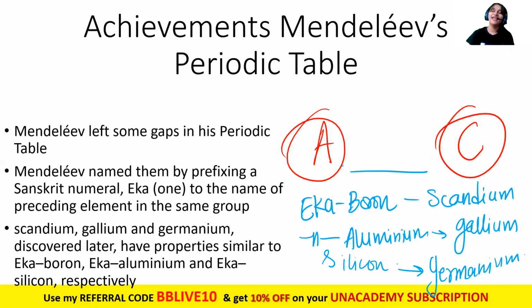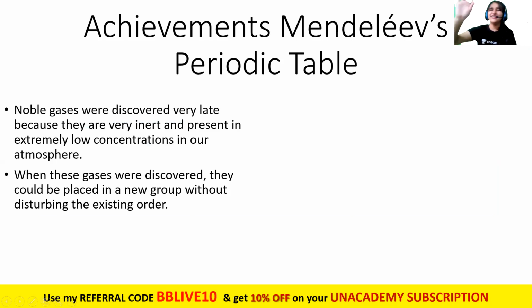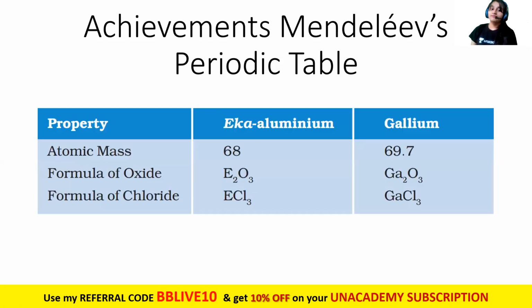Absolutely correct. So he was such a genius. These were not even found, and he still made space for them in his periodic table. And you know the amazing part? He even predicted their properties. How? He is not an astrologer, guys. He is just a common man with a curious mind, an amazing scientist, a brain chemist. So he predicted the properties, guys.